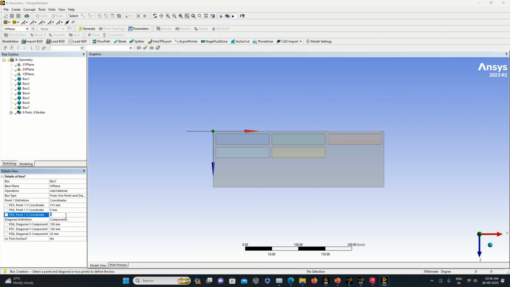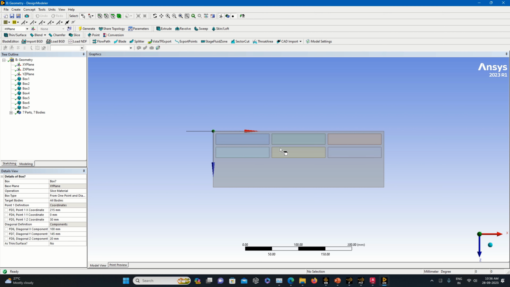In X direction, Z coordinate will again be equal to 5 plus 20, 25 plus 30. So let's take it 30. Make it slice material and let's generate. So these are the two